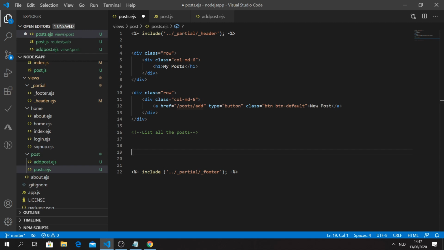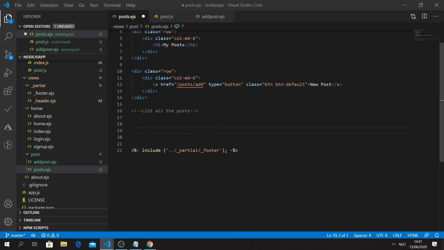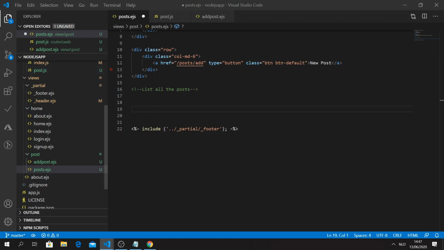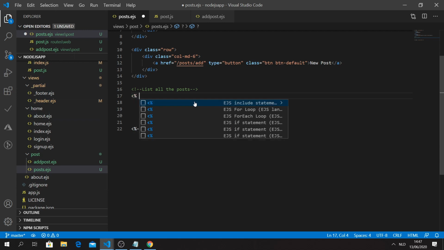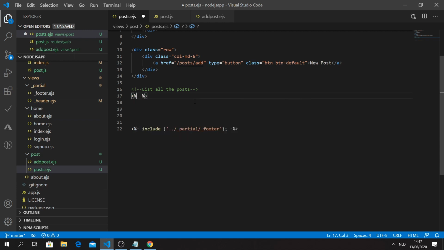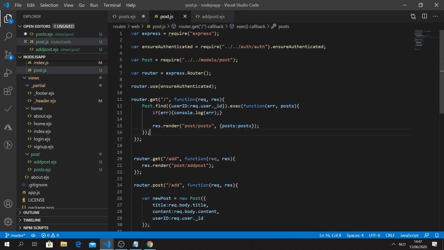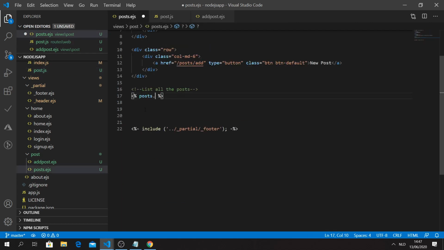So let's take a look. So if I go take a look in the views here, it should mean that I can loop through this data. So let's give it a shot. As you remember, we write EJS with these percentage signs here, right? This type of brackets. And then we can say posts. So this is basically the name we passed along here to our object. Dot forEach,